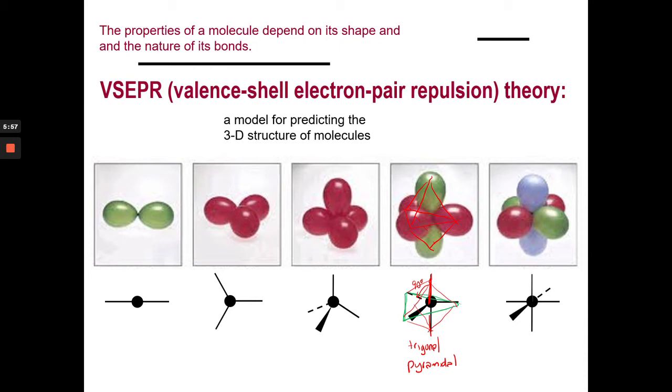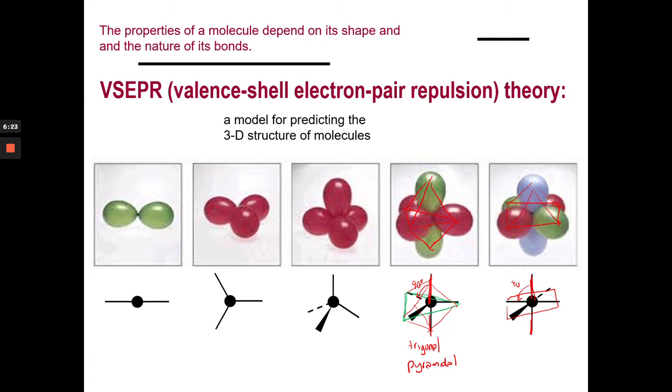So when you have 6 domains, you have 4 that form kind of a box in the center, and those are all, as you might expect, 90 degrees apart from each other. Then you have some that go up the top and down the bottom, and those are 90 degrees from that plane. Now, if you were to connect the box and then connect all of the corners, you would get right